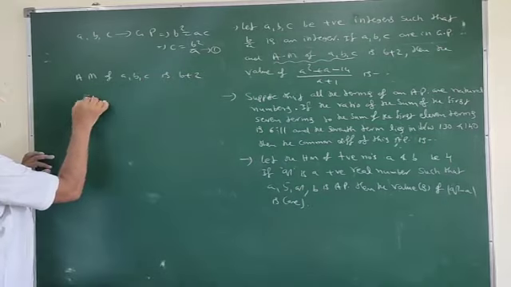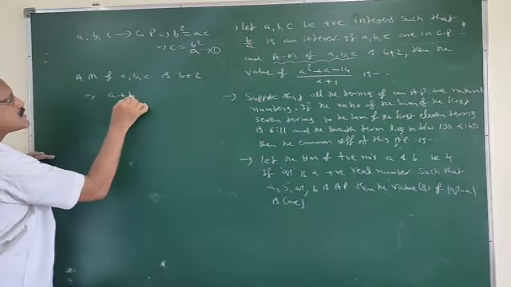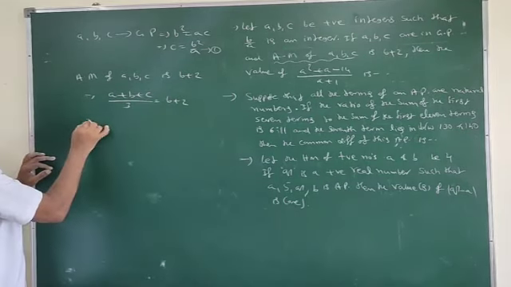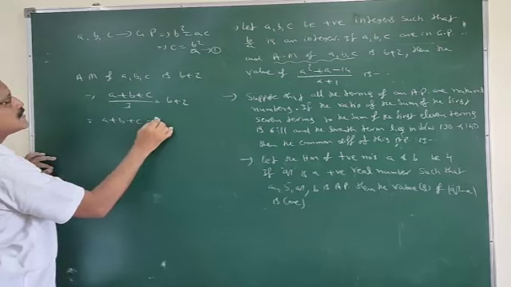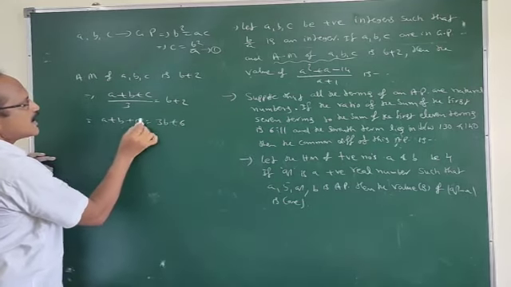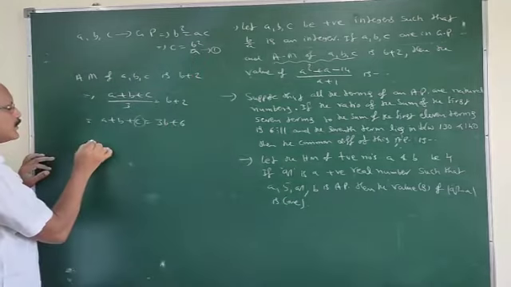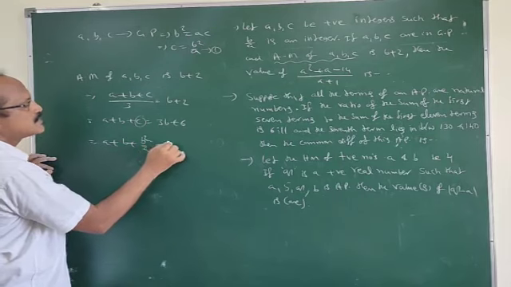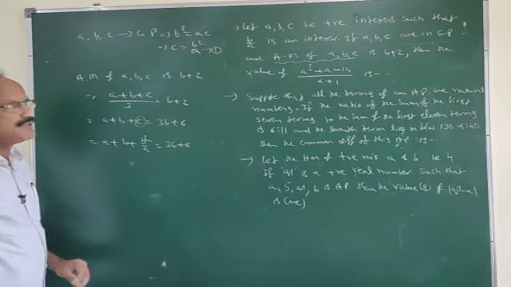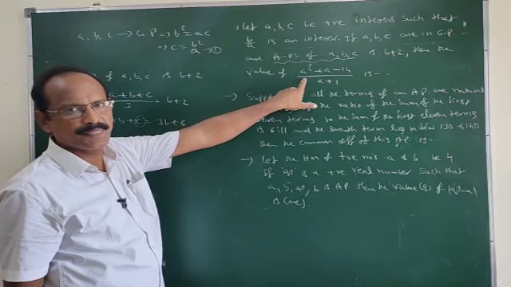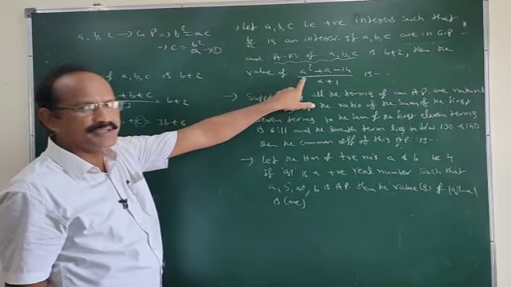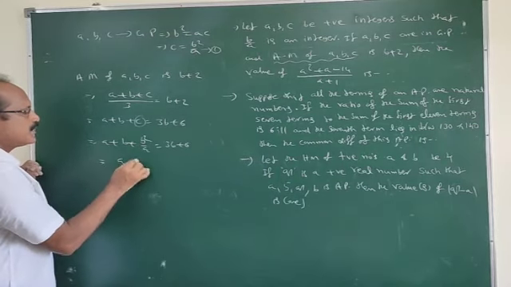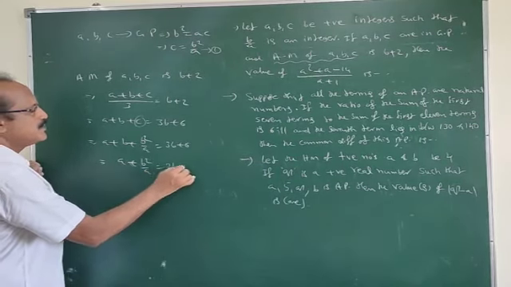This is given. The arithmetic mean of three numbers is the sum of the numbers by the number of numbers, that is equal to B plus 2. Or A plus B plus C is equal to 3B plus 6. I am replacing C with this value, that is A plus B plus B square by A is equal to 3B plus 6. Our aim is finding the value of this expression, so you have to calculate the A value. That is A plus B square by A is equal to 2B plus 6.